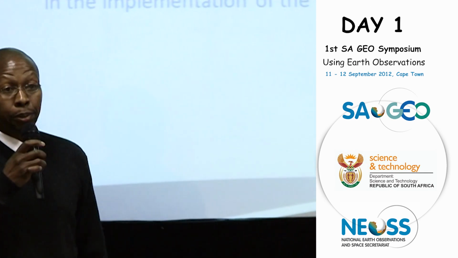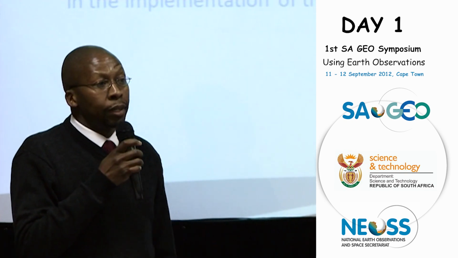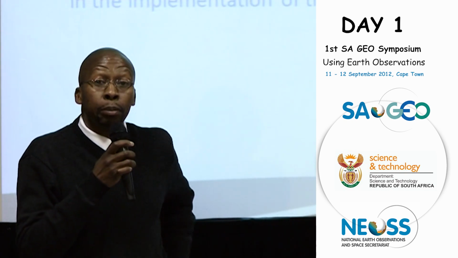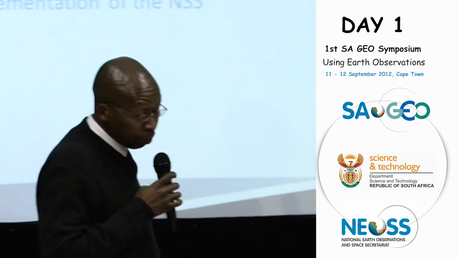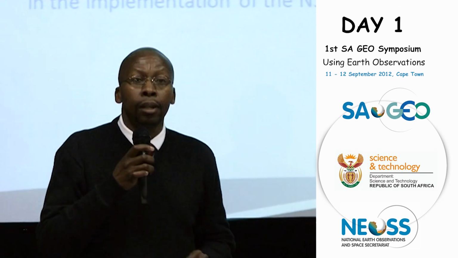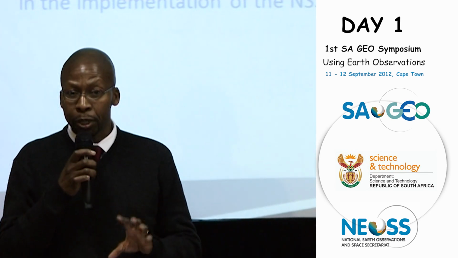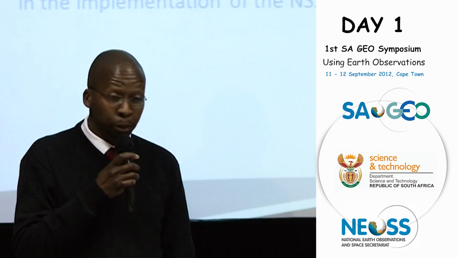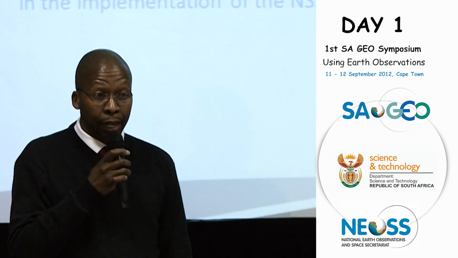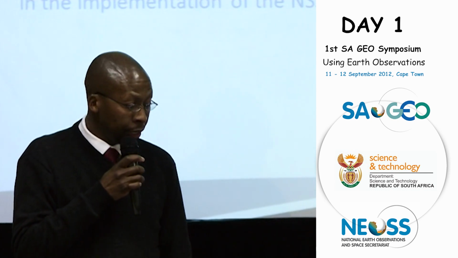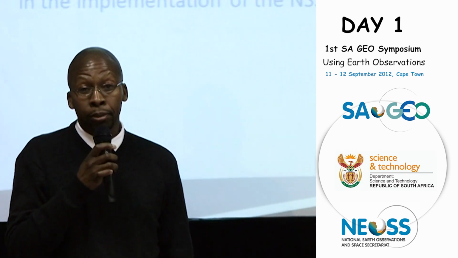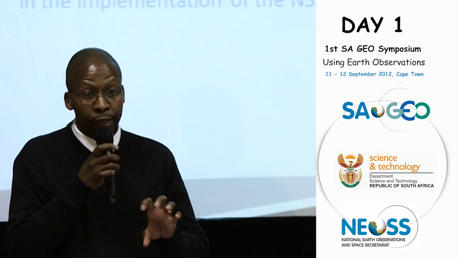What exactly does the NSP seek to do? Val spoke about the National Space Strategy, which was approved by Cabinet in 2008, together with the National Implementation Plan, which was developed by the DST in 2010. And both of these documents indicate that South Africa should have a national space program. And so the exercise that we undertook was to try and define what that national space program should be, and to provide, for the DST in particular, as the line department, clear actionable objectives for the implementation of the national space strategy, and to come up with detailed projects that will be undertaken so as to define funding